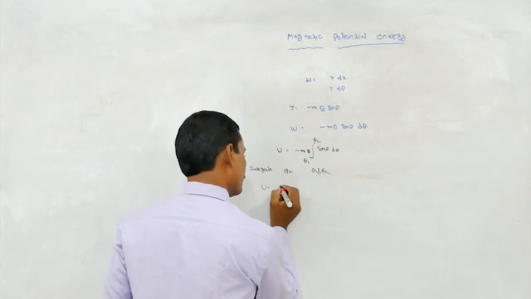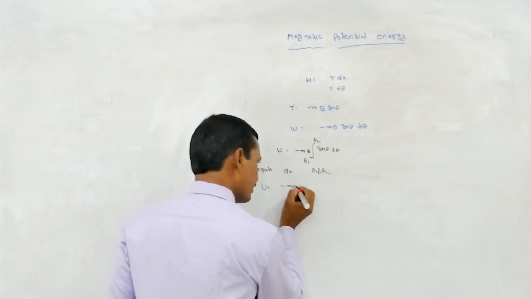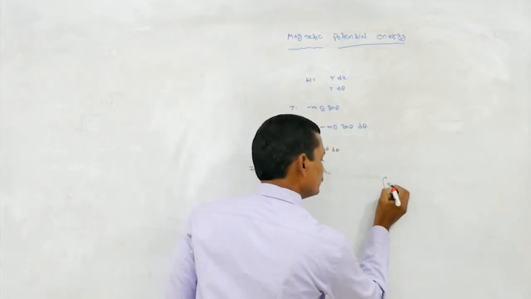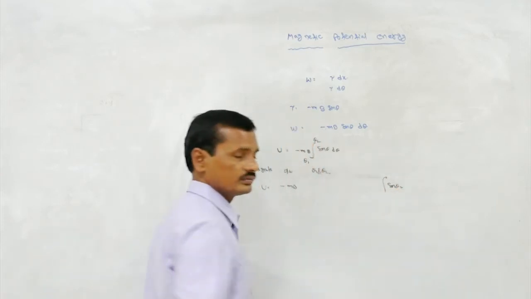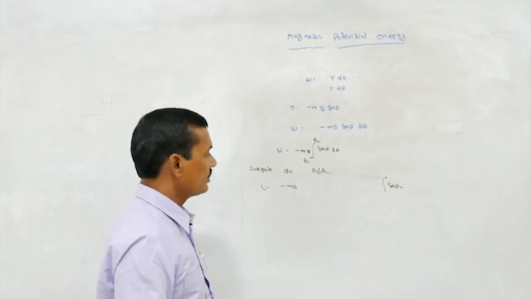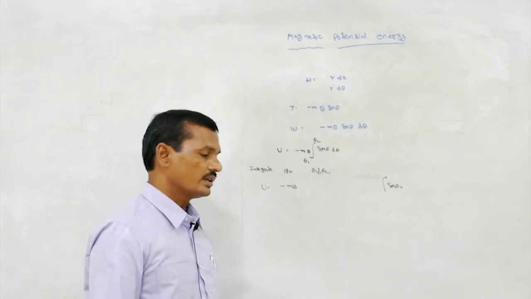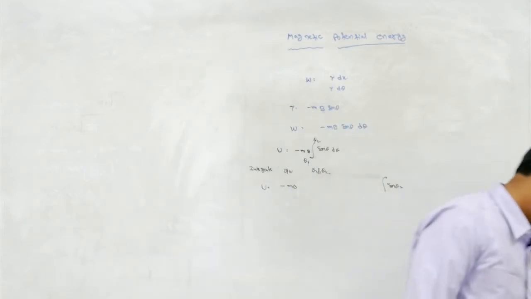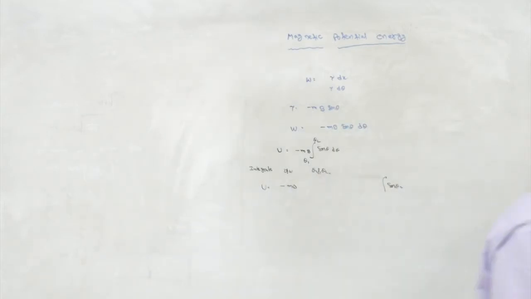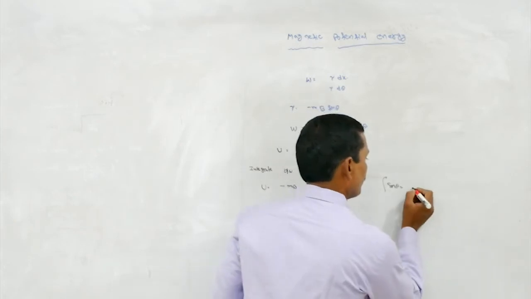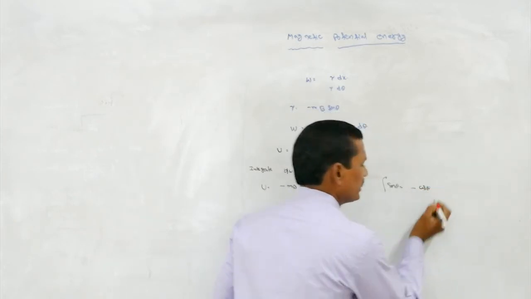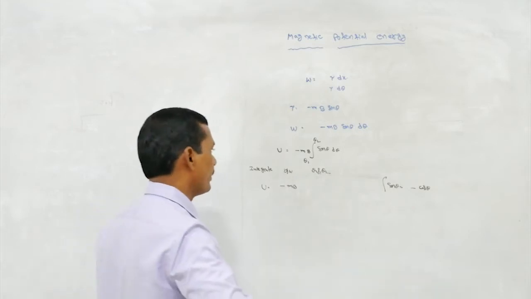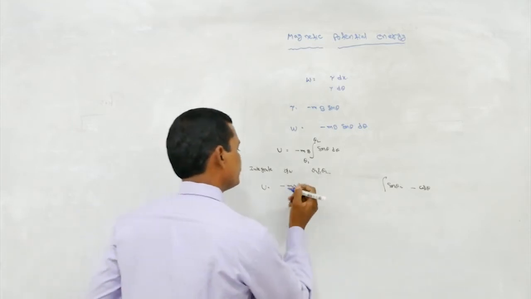U equal to minus mb. We already know the formula: integral of sin theta equal to minus cos theta. Therefore, by using the same formula, minus mb